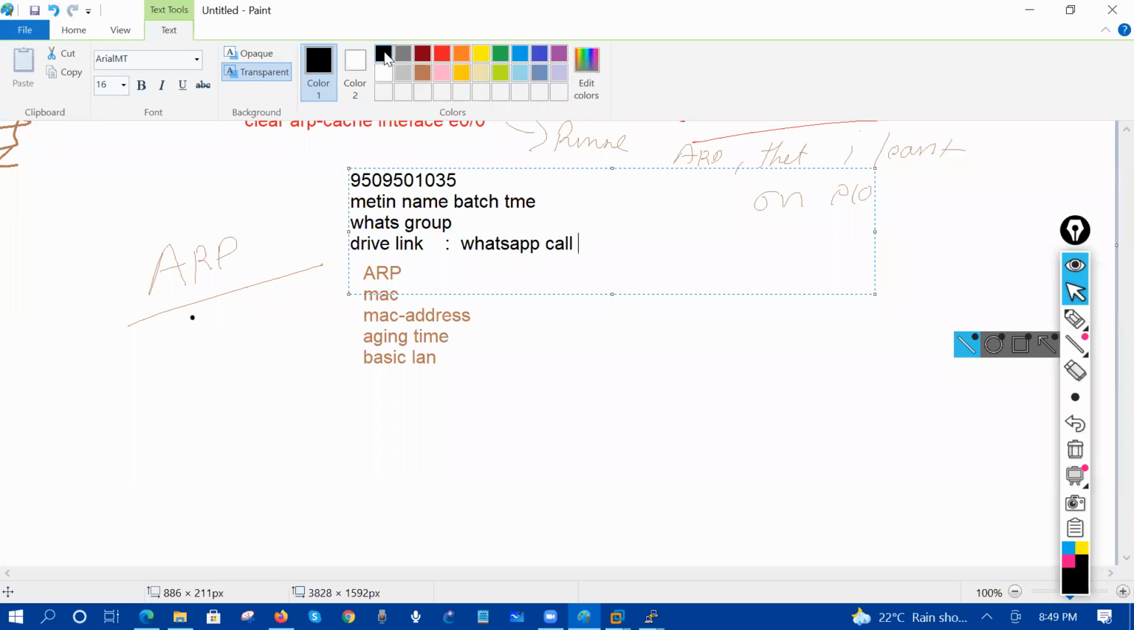I don't have the WhatsApp number, sir, because I have called that number. It is only coming on that mobile only. I don't have any WhatsApp number of yours. Can you share